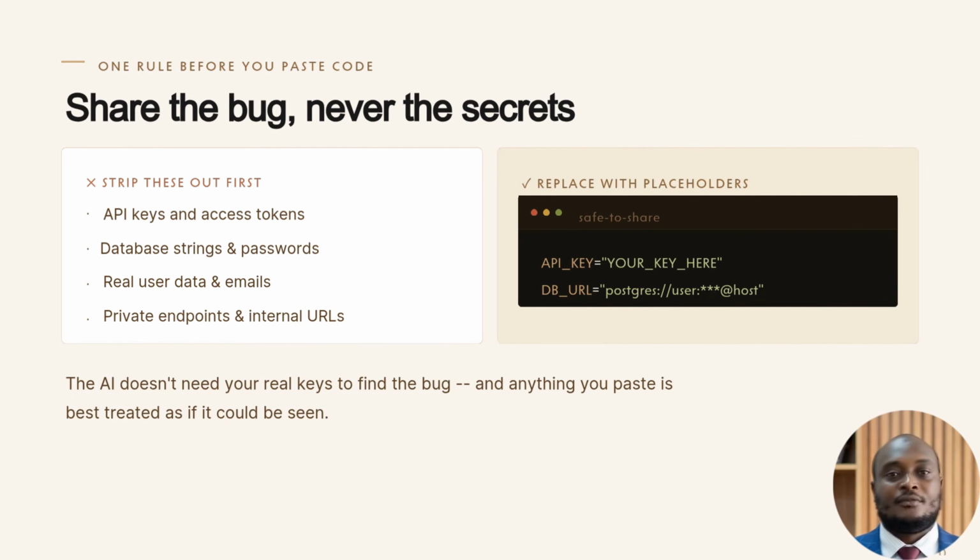One safety rule before the activities, because you'll be pasting a lot of code into AI today. Share the bug, never the secrets. Before you paste, strip out your API keys, your database passwords, any real user data, and internal URLs, and replace them with obvious placeholders like the right-hand side here. The AI genuinely does not need your real keys to find a bug, and the safe habit is to treat anything you paste anywhere as if someone could